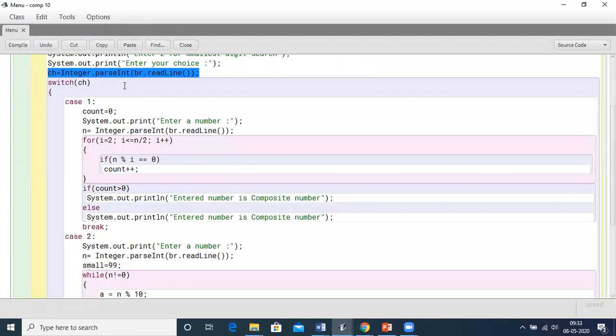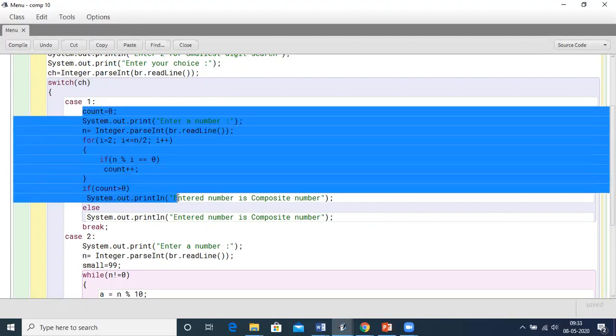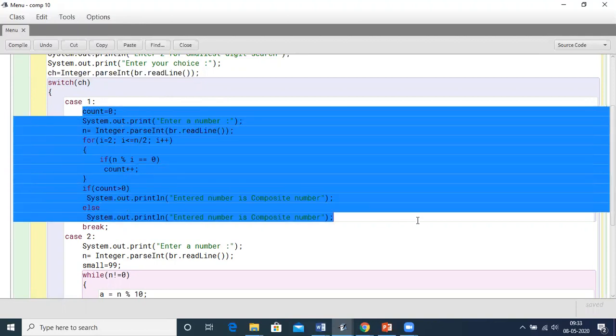Here we are solving the program within the switch block. Here we have not created any methods. So directly within the case block, we are writing the entire logic of composite number. Count variable is a variable to count the number of factors the number has.